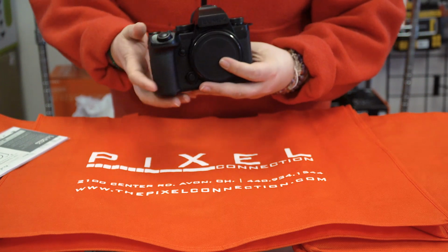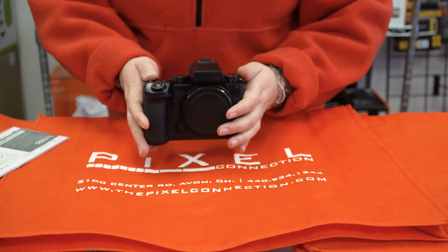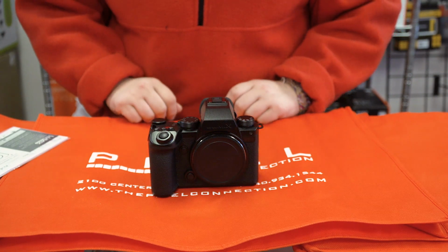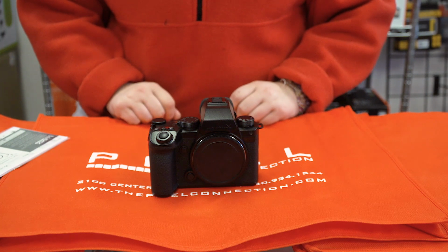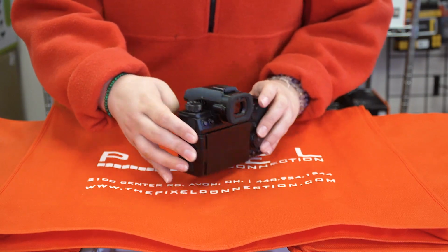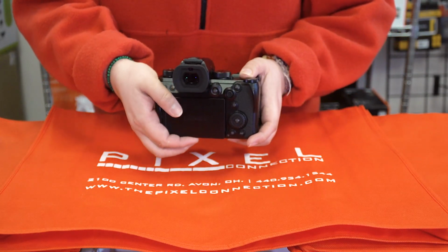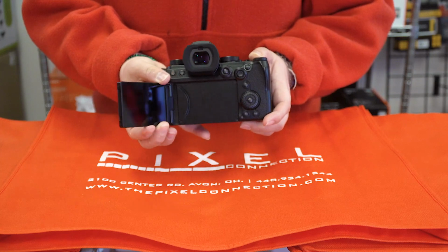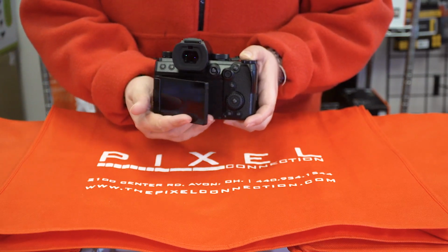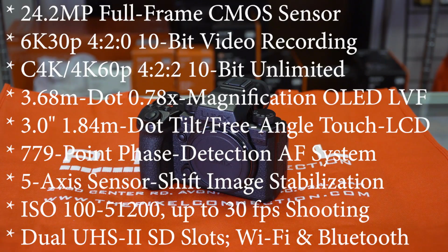Making full use of the 24.2 megapixel sensor and enhanced processor, this camera records 6K video for up to 30 minutes, while unlimited 4K video capture is available as well. Optimized for video, it is also equipped with a new active IS system, which supports walking shots to further enhance image stabilization while recording video. It features a full-size HDMI port, USB to SSD recording, live streaming functionality is standard as well,